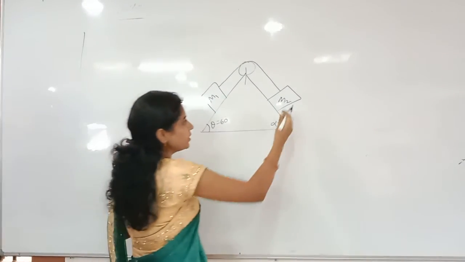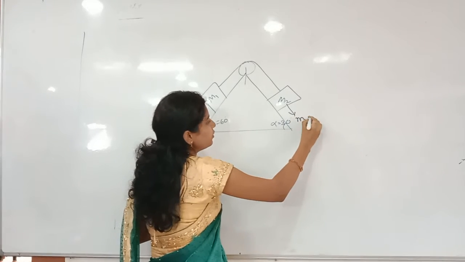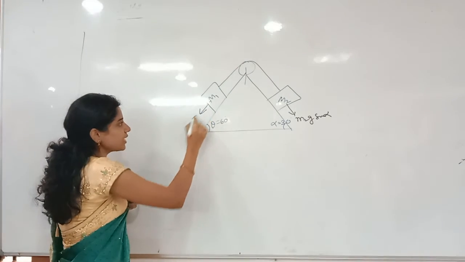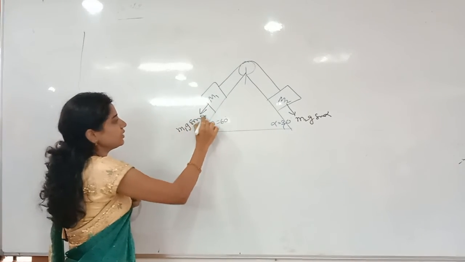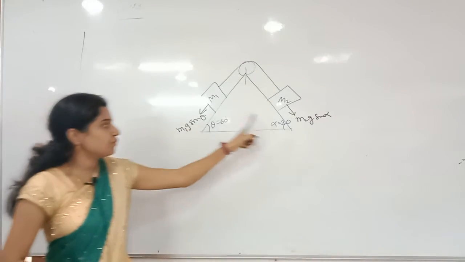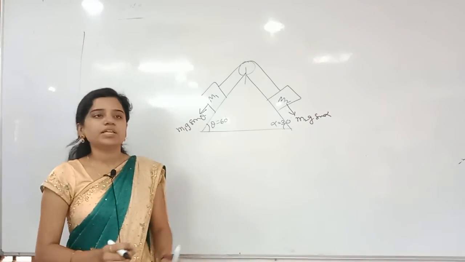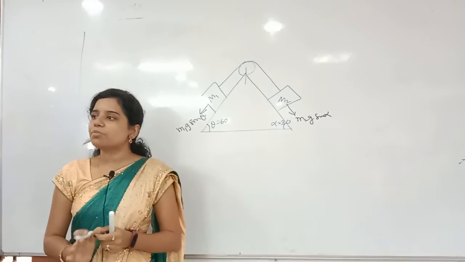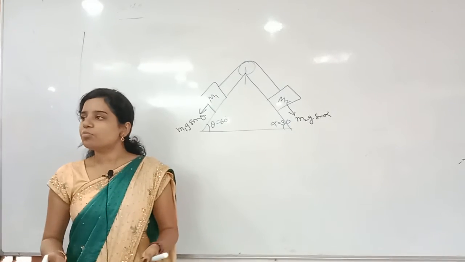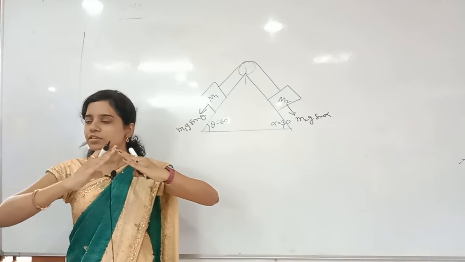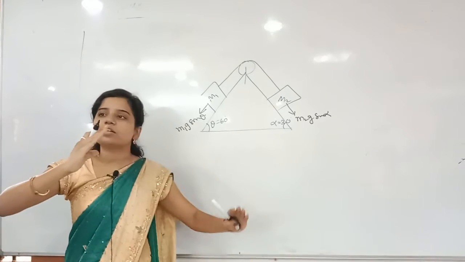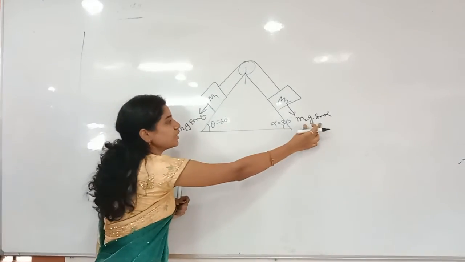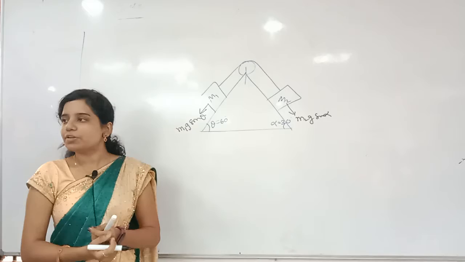Listen directly, I will tell the problem. So in this direction what is acting here? M2G sine alpha, angle alpha here. And here in this direction what is acting? M1G sine theta. Whenever these two forces are equals to each other, then only the masses will not move. They are saying that clearly it is in equilibrium. Equilibrium means acceleration is equals to how much? 0. They are not moving anywhere. They are just hanging like this. That's it. On this hand how much force is there? On this hand also the same force is there. So can I say that M1G sine theta is equals to M2G sine alpha? Then only that will be in equilibrium.